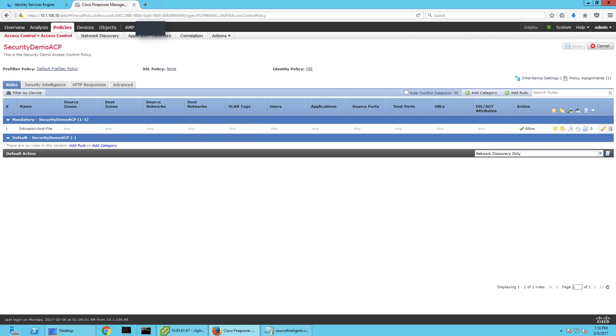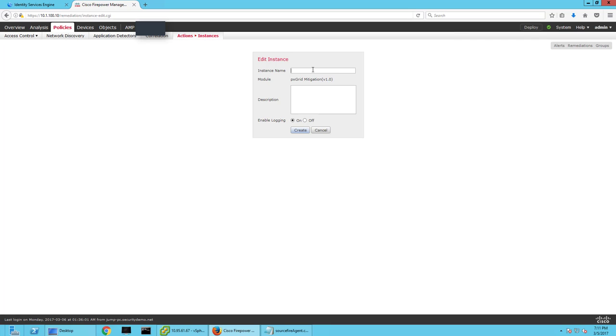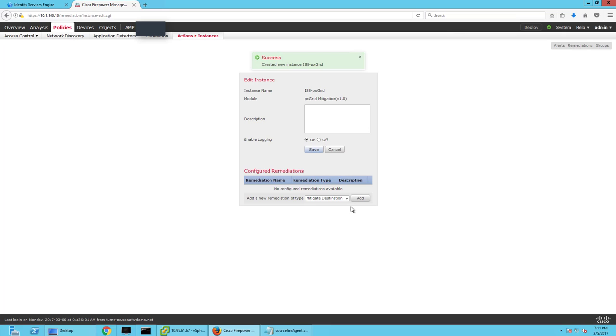So next up, let's go ahead and go to policies, actions. And then we're going to go to instances. And the first instance we're going to create is going to be pxGrid mitigation version 1. So let's go ahead and create that. And this is going to be ISE pxGrid. Create. And there's only going to be two remediation types we're going to create here. So this is going to be mitigate source, and